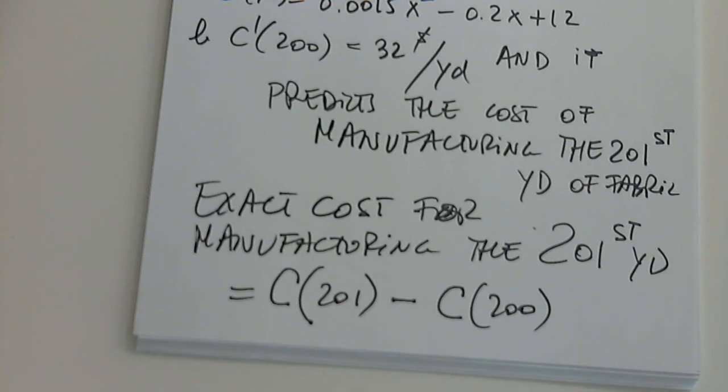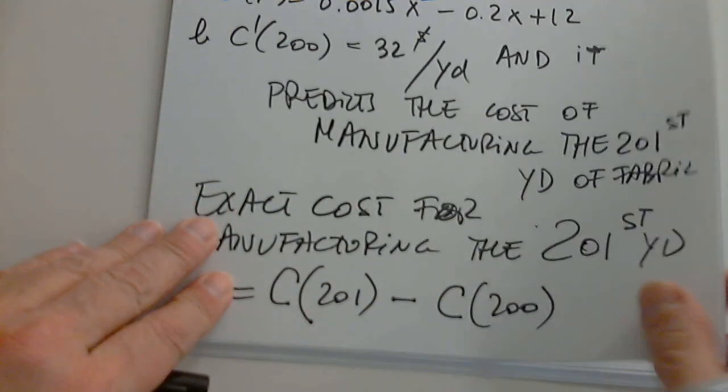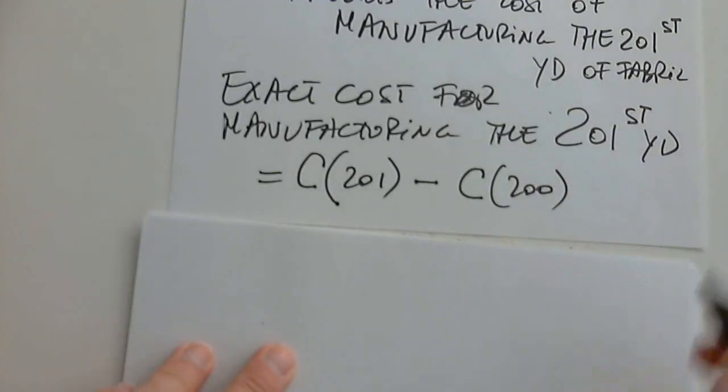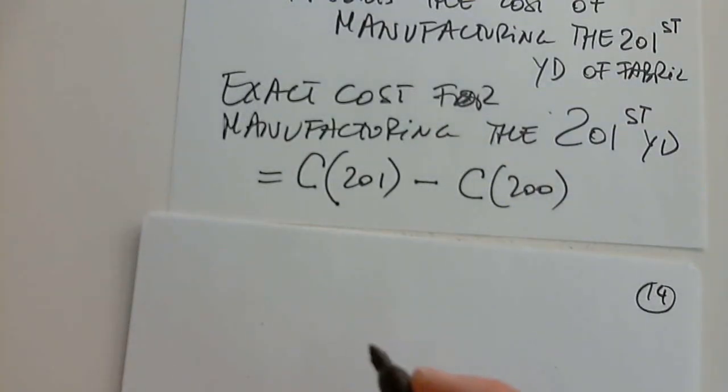Because f of 301 minus f of 300 is not going to be the same with f of 201 minus f of 200. So we're talking specifically for the 201st item. So it would be 32.2. So let's write, to be exact, I will go up and copy this whole thing. So C of 201, the cost of 201